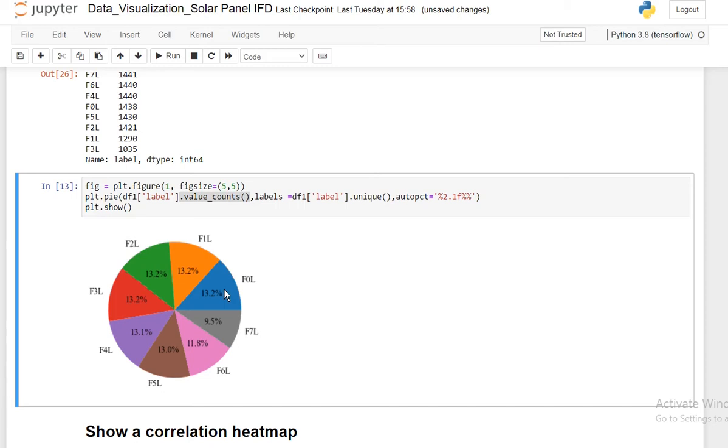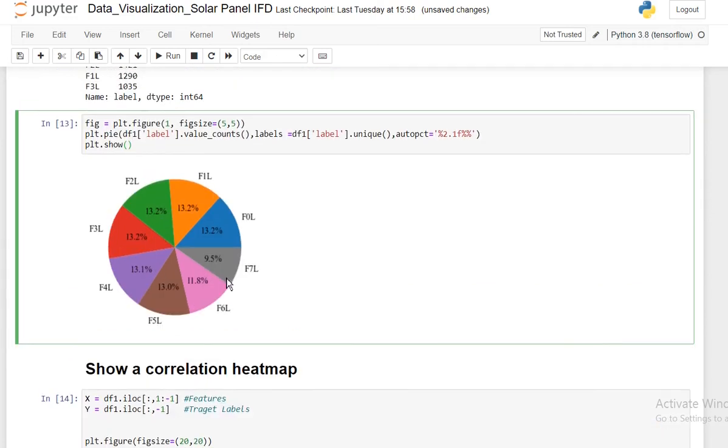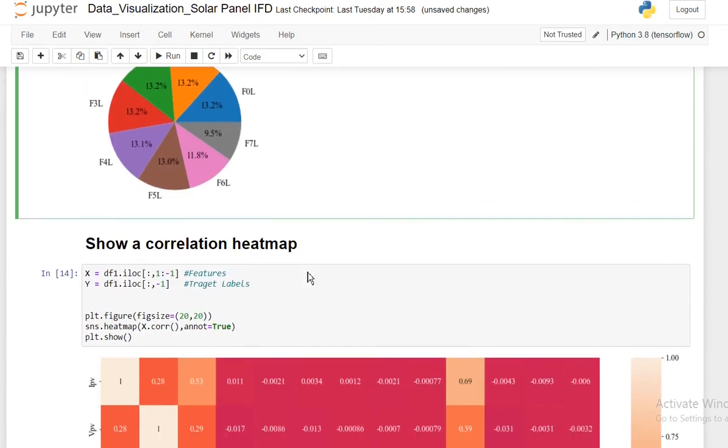If it had been an imbalanced dataset, then we would have had to do some pre-processing. If the classes in our dataset were imbalanced, then we would need to do some feature engineering in order to make it balanced. Either we can decrease the number of instances for the fault class having a higher number, or we can increase for the other one. So that is something maybe we'll see in another case. Okay, as you see the distribution, for now our data doesn't have any imbalance, so we can proceed.